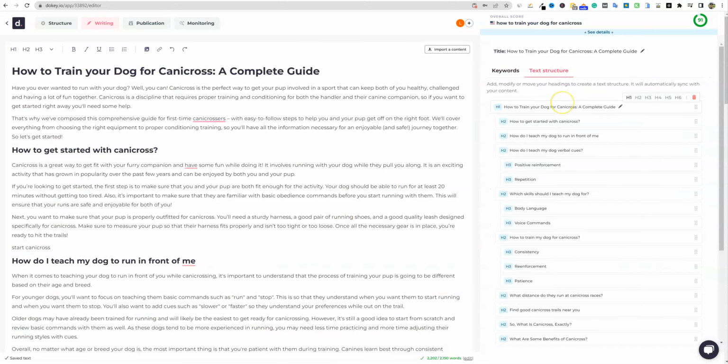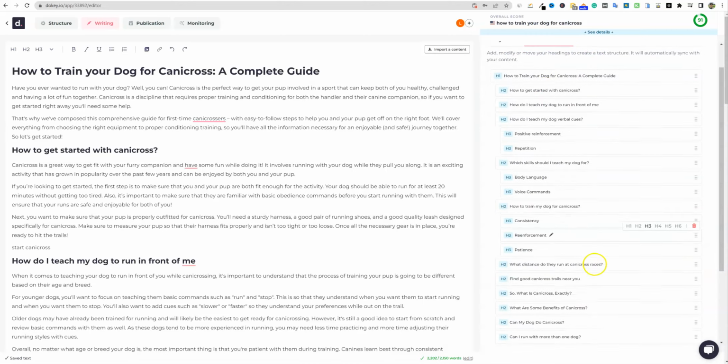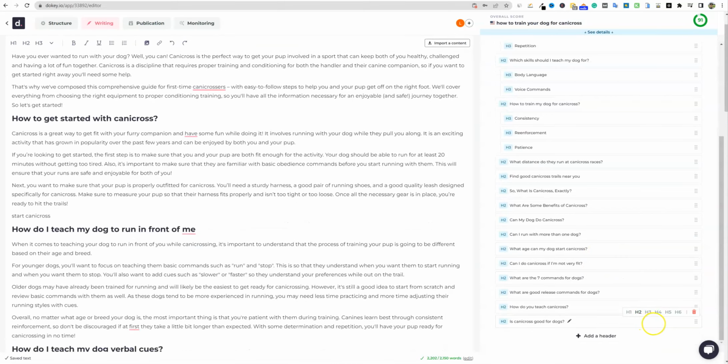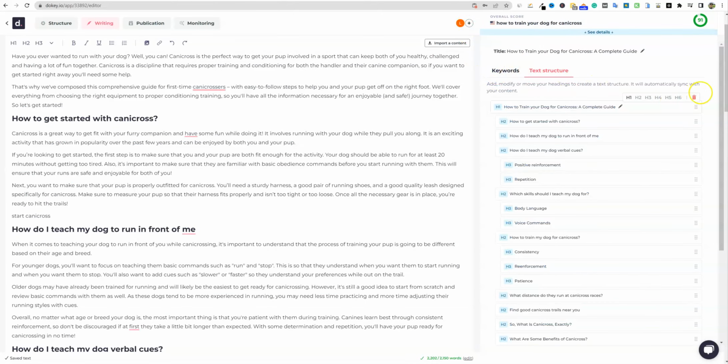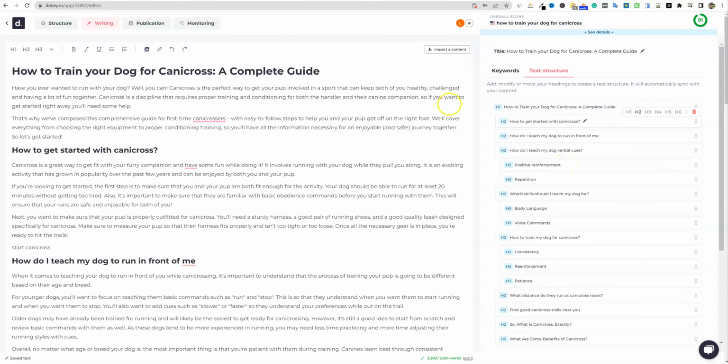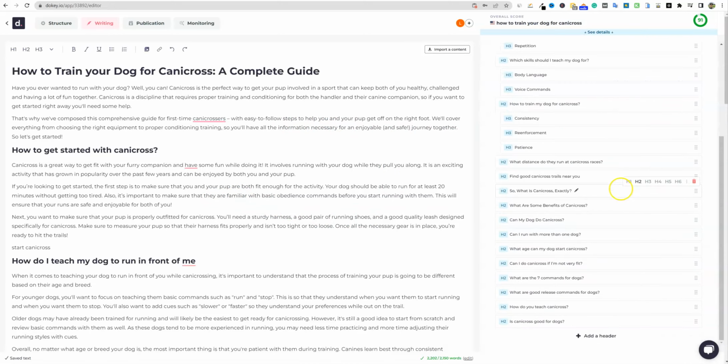Let's go click on text structure right here. So here's where we can get that outline. This is exactly what I was looking for. It doesn't look like I can highlight this. Okay, I can highlight it like that, but I still haven't seen a quick button where I can copy our outline. That's something that they definitely need to think about doing. When we first went into the writing tool, the entire outline was here, and that's your opportunity to copy it. But I don't see where you can copy it after the fact. Even right here, they're not really making it easy for us to copy the outline if we needed to. And then let's go.